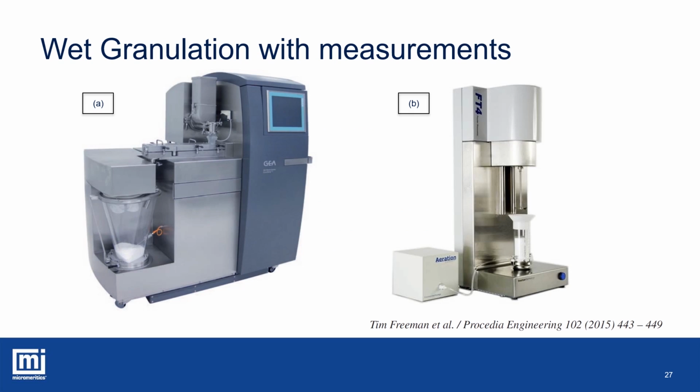So what did they do? Well, in the first part of the paper, they use the two systems shown. Image A is the ConsiGma 1, which is a laboratory-scale continuous granulation and drying apparatus from GEA Pharma Systems. This combines a continuous high-shear granulator and a small dryer capable of running campaigns of a few hundred grams up to several kilos. Image B is the FT4 powder rheometer that provides automated and comprehensive measurements of bulk powder characteristics, but